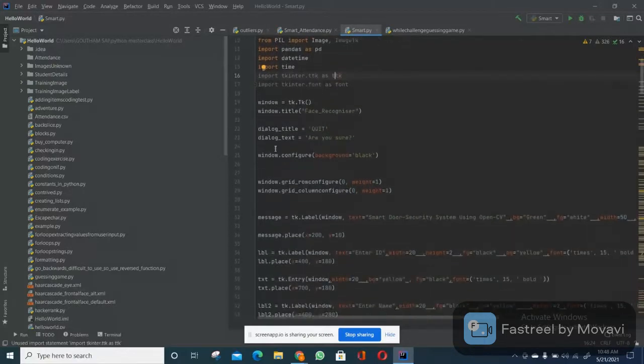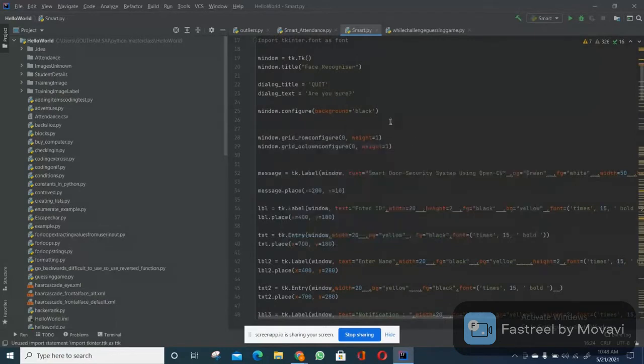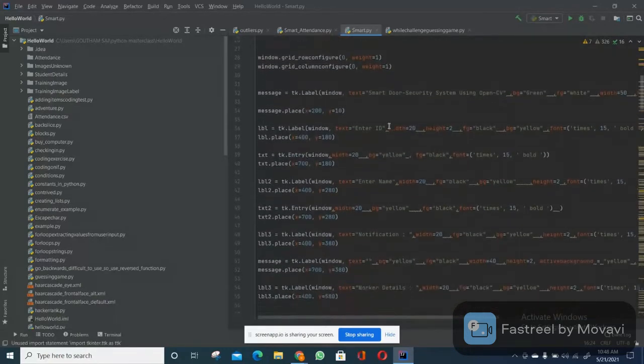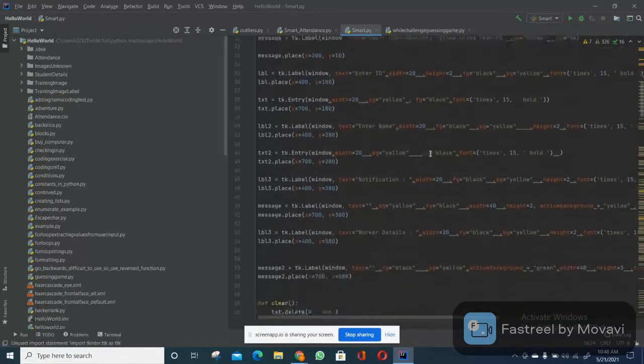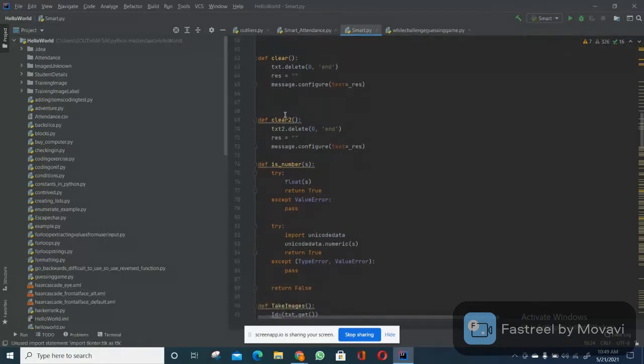And this is the GUI part. We developed a graphical user interface, sir, for the project, and this is the code for that. We can see the title here, and we define the buttons in the GUI, sir. Using those buttons, we are executing the project.